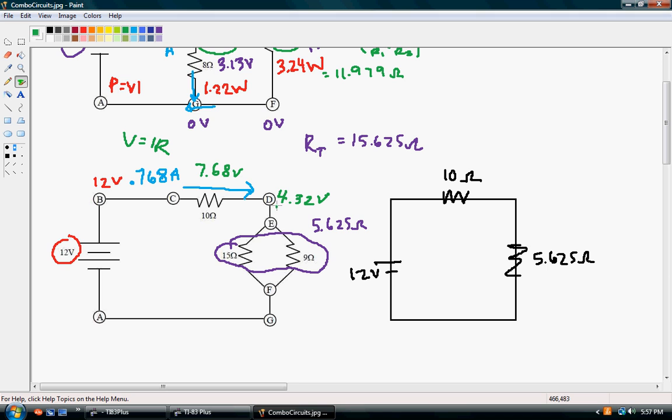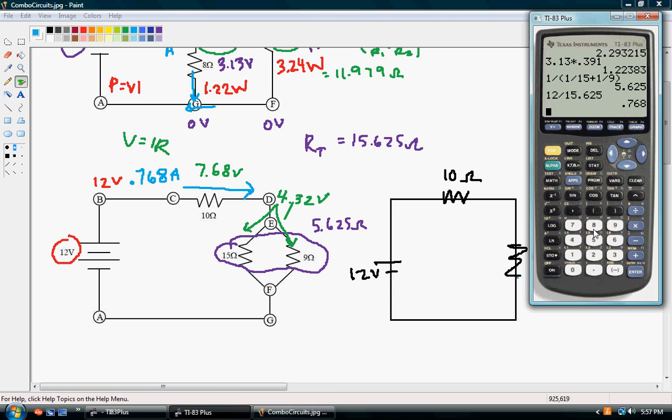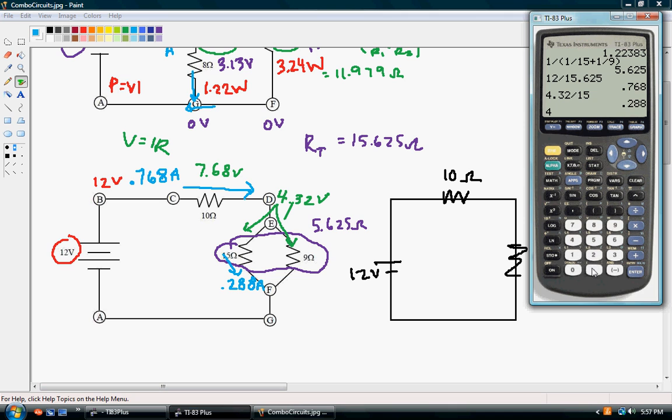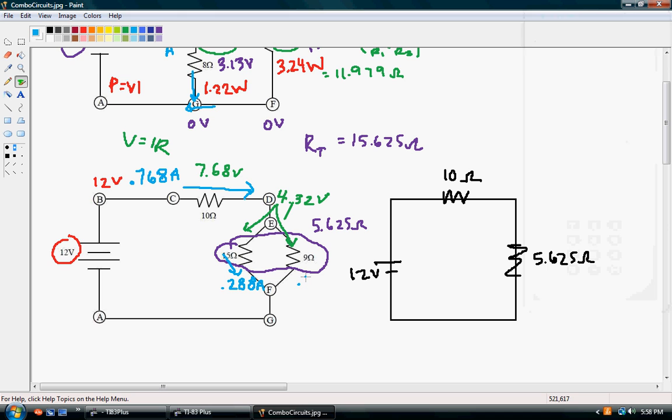So that is actually how many volts is going into the 15 ohm resistor line and into the 9 ohm resistor line. So we can find their current by taking the voltage that they get, 4.32, and dividing it by their particular resistances. So for the 15 ohm resistor, it's 0.288 amps that are flowing this way. And for the other one, that 4.32 divided by 9, we get 0.48 amps